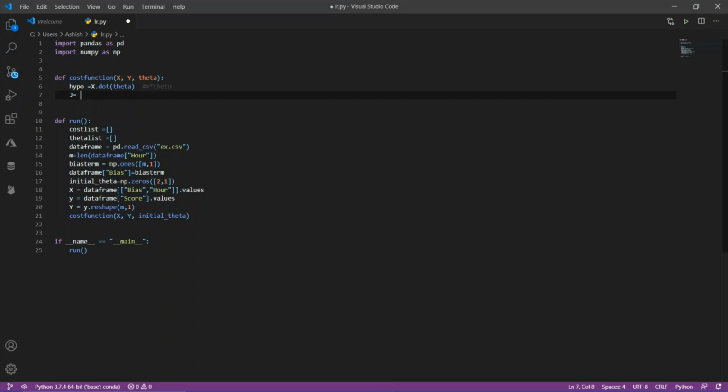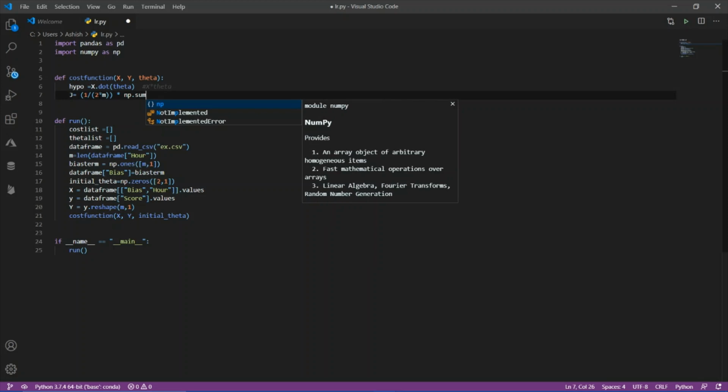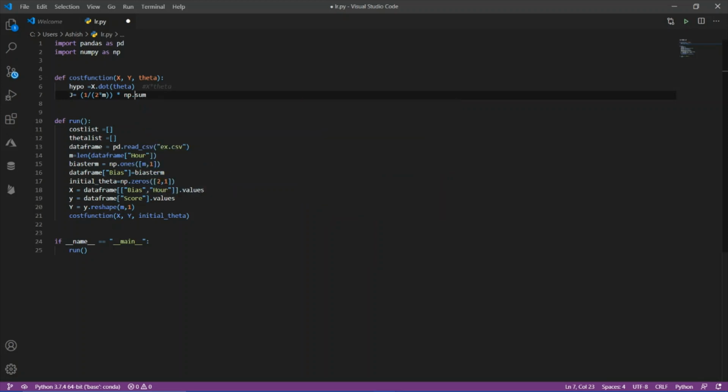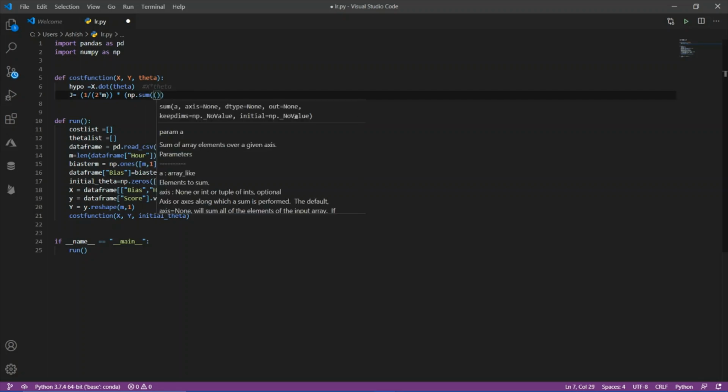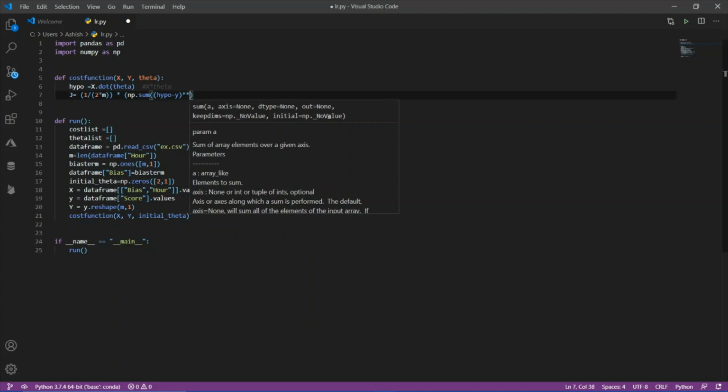J equals 1 by 2 multiply m multiply np dot sum of my hypothesis minus y to the power 2.